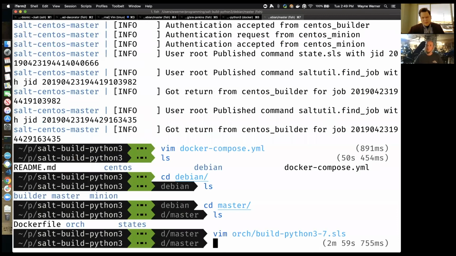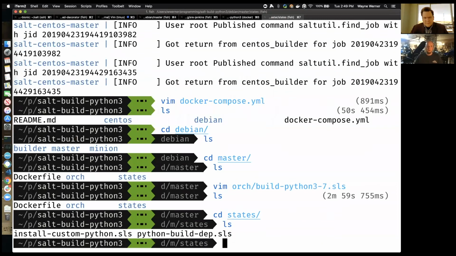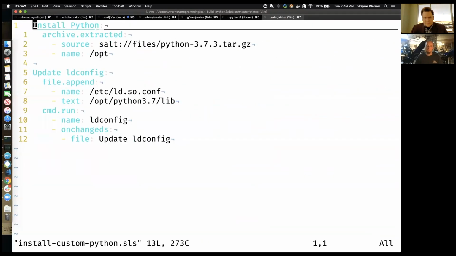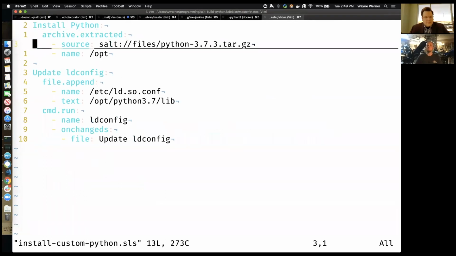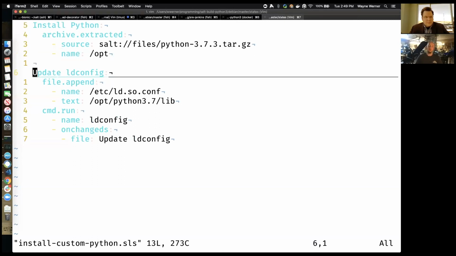Yeah, you got some questions? Oh yeah, no, I was just going to say I'm curious what that install Python state looks like. Yeah, so let's go check out our states here. So it's actually pretty simple. It just extracts the tar file to the prefix that we used in our build step, and then